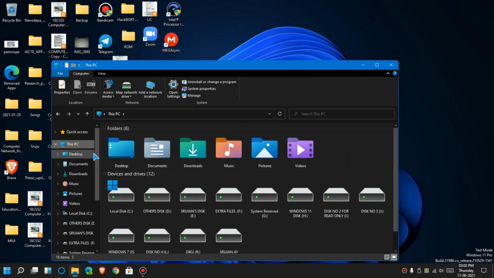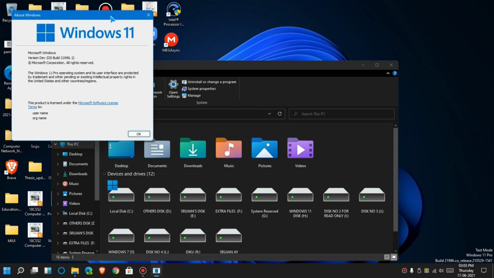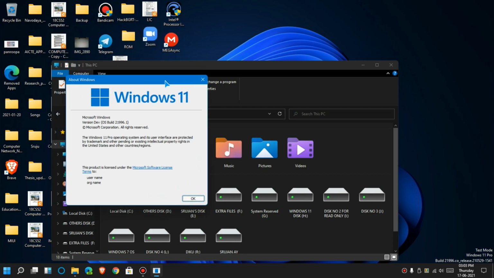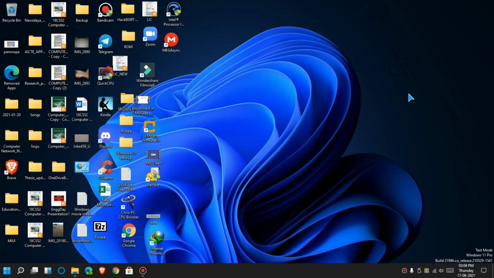Now in the file manager, you will get this new Local Disk C icon. As you can see, the Windows logo is now only the Microsoft logo. I'm going to show you WinRAR as well. When we go to WinRAR here, as you can see, this is the Windows 11 Pro Dev OS build 21996, and the logo has been changed, guys. The file manager has these new 3D colorful icons. These icons were also introduced in Windows 10 build 21370, but they are also available in Windows 11 as well, which is quite good.